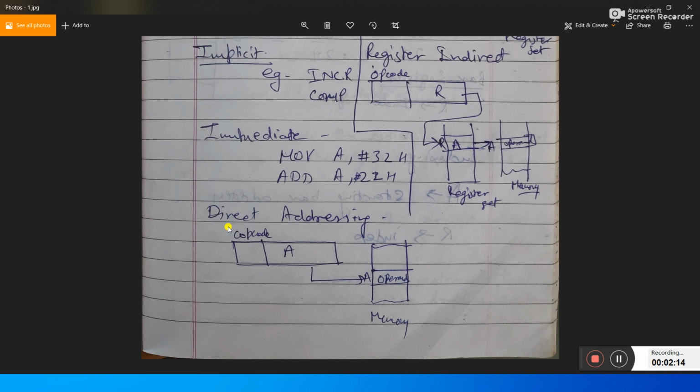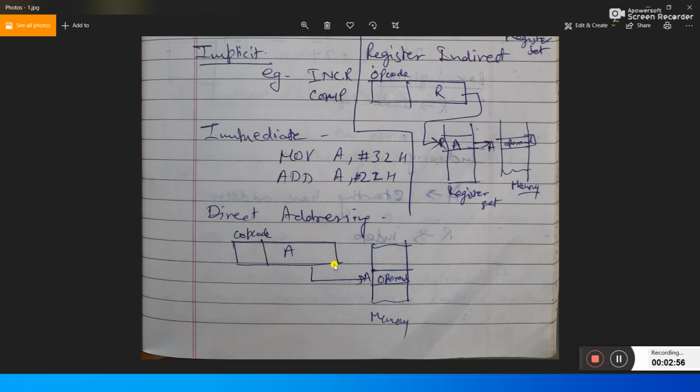Direct addressing mode. In direct addressing mode there is an operation code. This block is the operation code field, and this is the address field. The address field is directly provided as the memory location. So whenever direct addressing mode is used, there is the operation code, then the address field, and then the operand will be directly obtained from the location A. Somewhere in the memory the address is A, and whatever operand is in this location is transferred to this location.